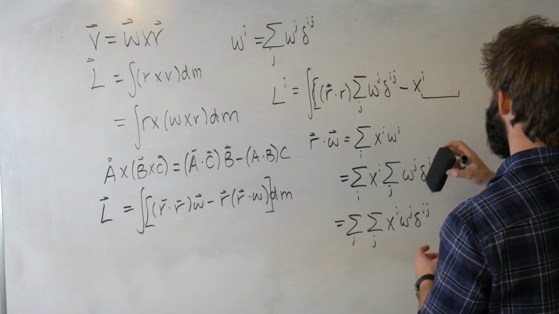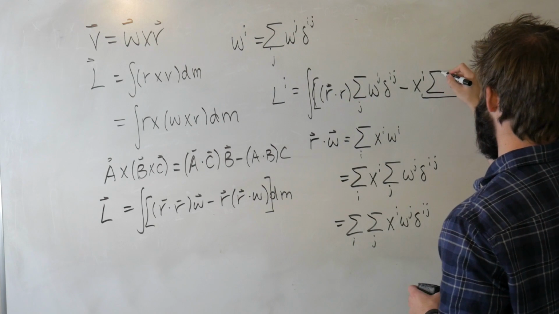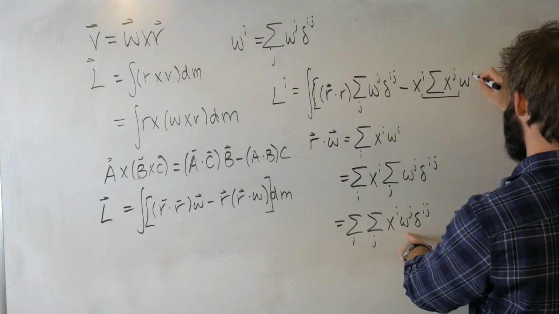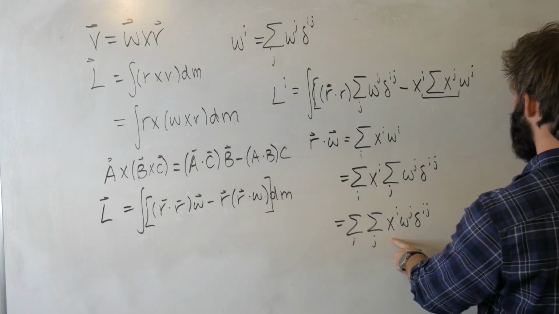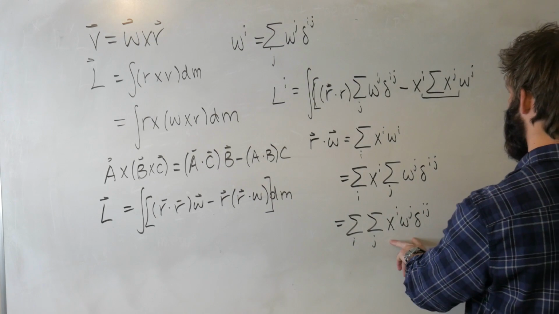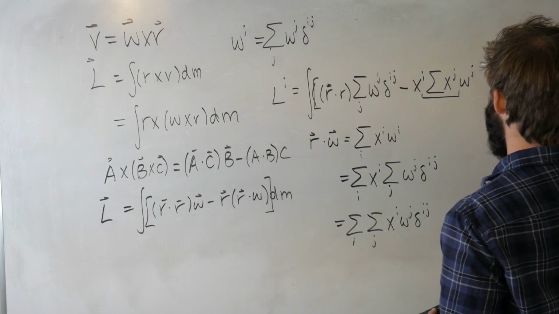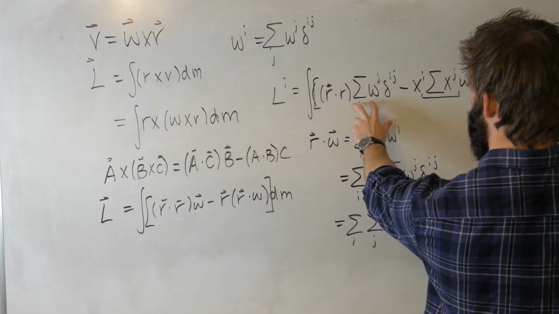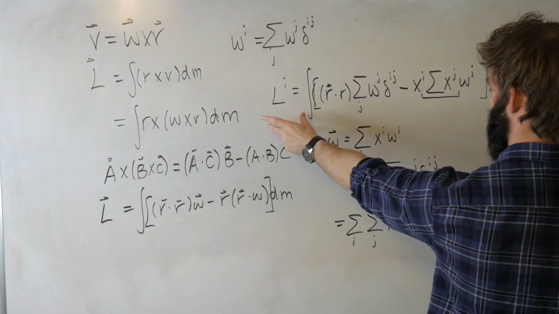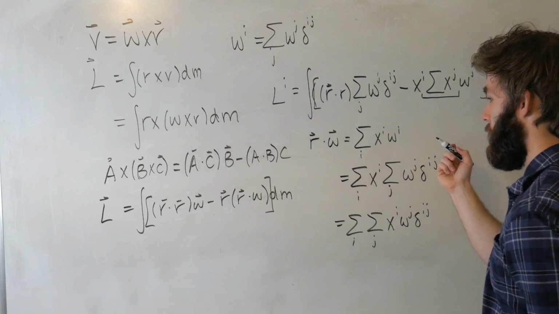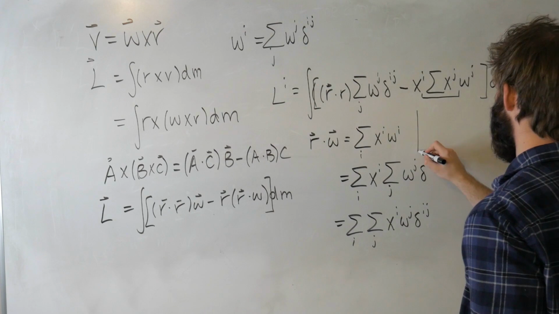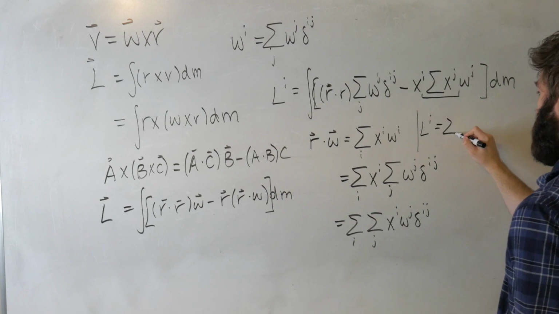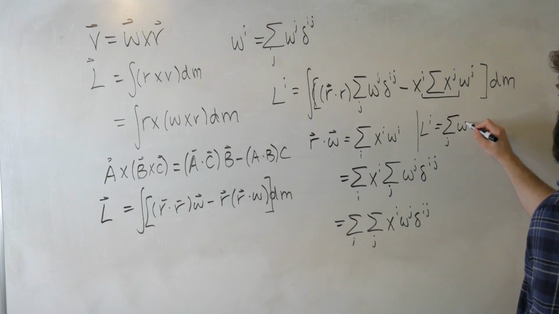Let's add our sum, actually. Let's be explicit. So this is times the sum of x_j now times omega_j. Okay? And there's no need to write the delta anymore because we really just changed our basis. So here's that times dm. And then we can factor out this sum over omega_j outside. I'm going to write this right here. So we have L_i is equal to a sum over j, omega_j,